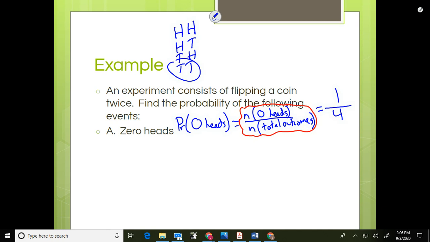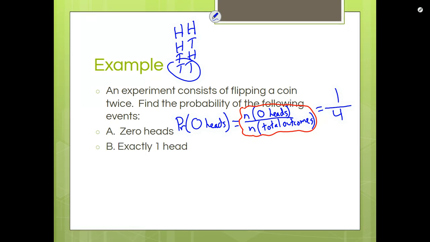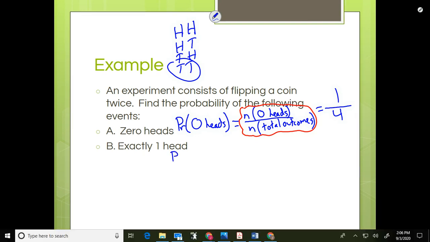All right. Next part, exactly 1 head. So probability